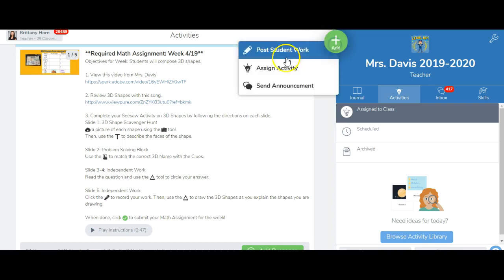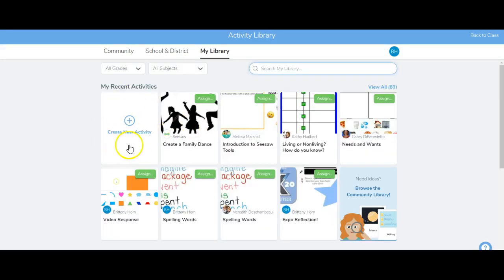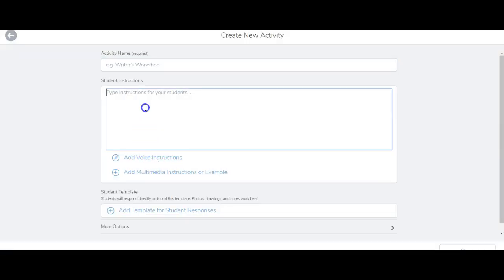In order to do this, whenever you go to add and assign an activity, and then create a new activity or copy and edit one that you have liked from the library, you're simply going to paste in links and instructions here. You can see that as I start typing out my instructions, I could provide those little icons for students, and then I can just paste in links to anything I want them to view before or during the